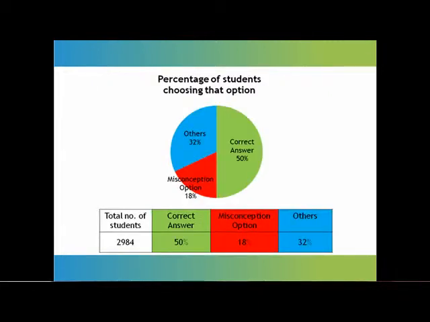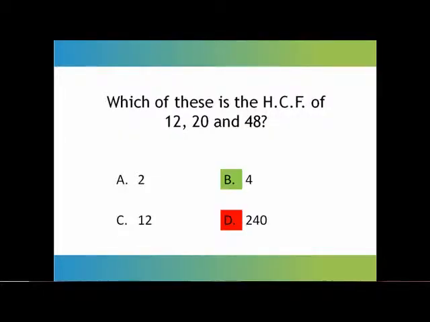As you can see from the performance pie chart of this question, only 50% of the students are able to answer correctly. 18% of the 3000 students are marking the HCF as the correct answer and therefore show this misconception. Some of the other students tend to multiply 4 and 6 and don't realize that they have to find the lowest common multiple and not just any common multiple. We have also covered this misconception in one of our other videos. Let us look at another question.